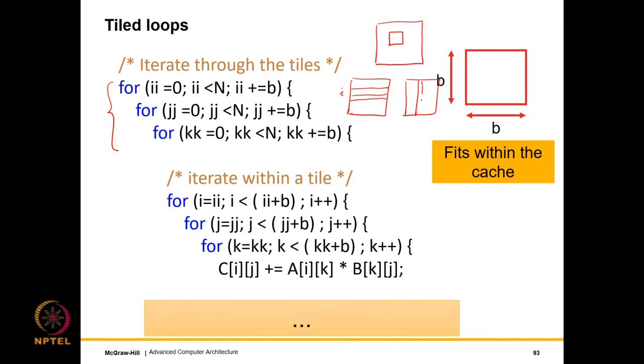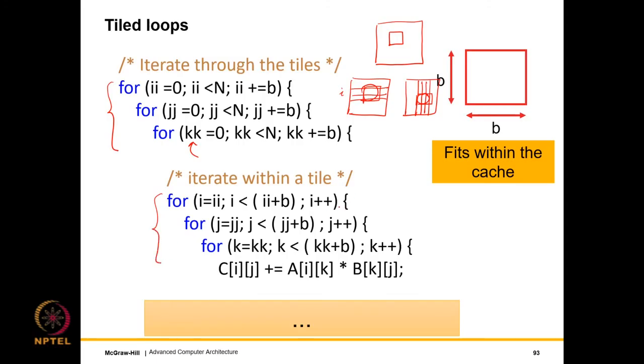And similarly, for the other matrix, what we do is we consider a set of columns. Within each row, we don't consider the entire row, but we consider a part of it. And similarly, within the set of columns, we don't consider the entire column, but we consider a part of it. All right, so that is given by this third parameter, which is kk. So this for us is the tile that we considered, and we perform all the multiplications within the tile. So to perform all the multiplications within the tile, what we do is that we iterate within the tile.